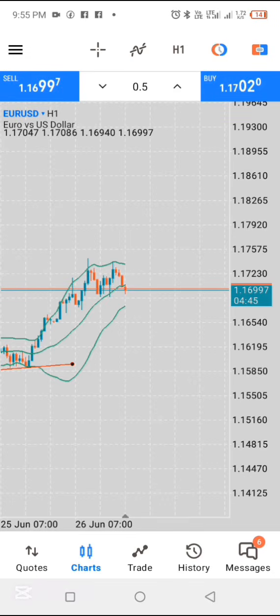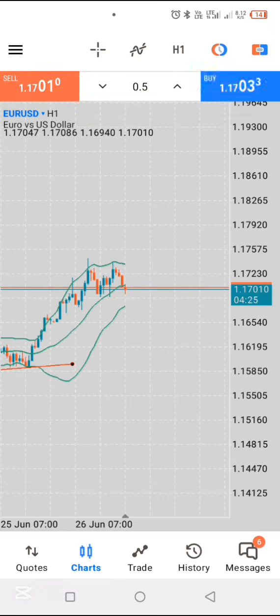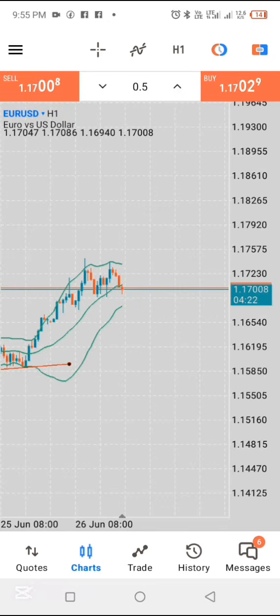The upper band is like resistance and the lower band is like support, while the middle band is just the moving average. So by default, if the market touches the upper band, it's supposed to sell,